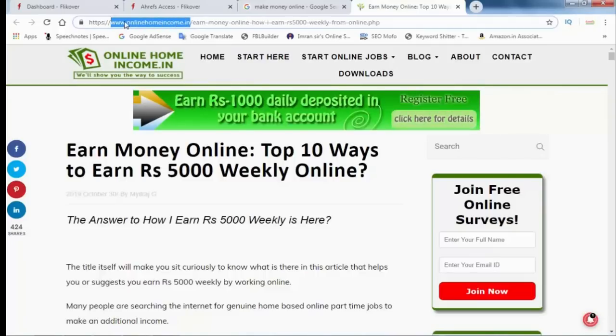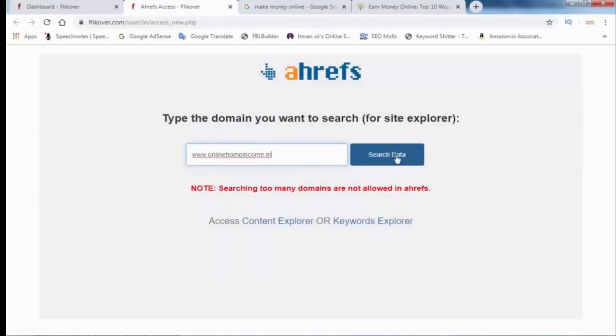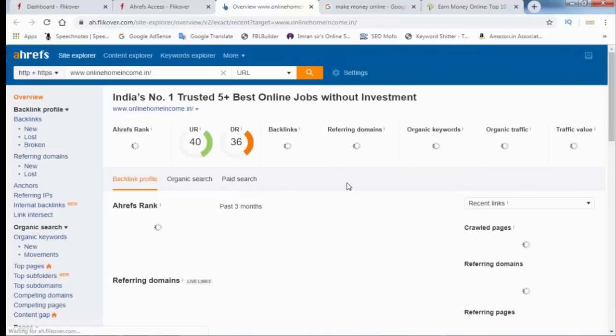I will copy the domain, go to Ahrefs and paste it in the search box. Now Ahrefs shows me how many articles and keywords are ranked from this website on the first page.